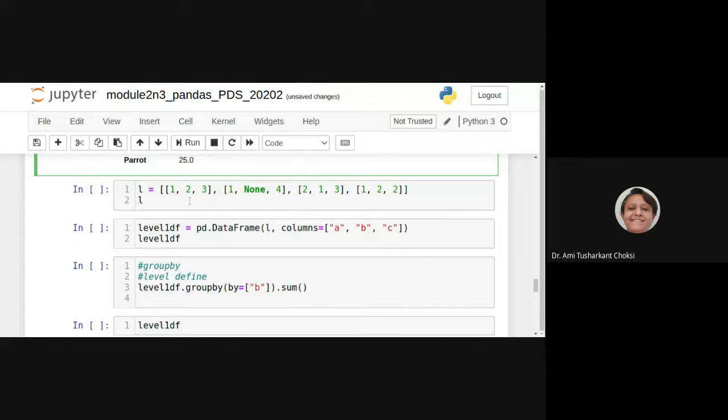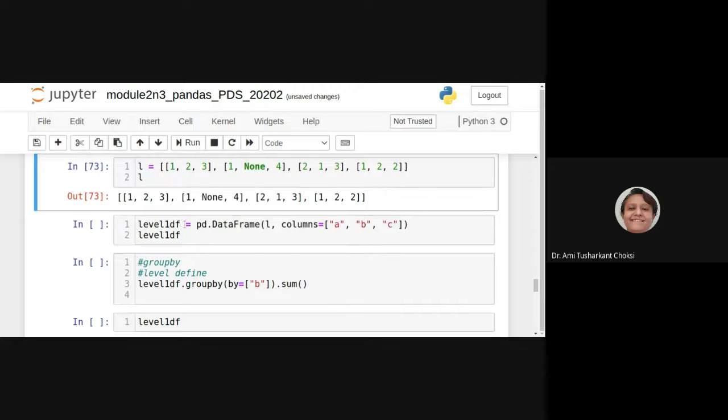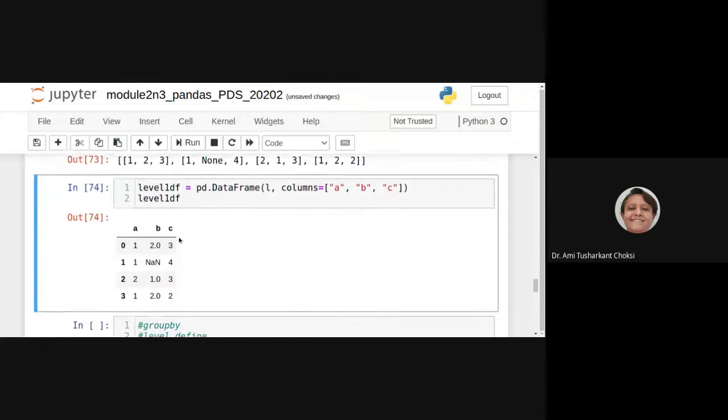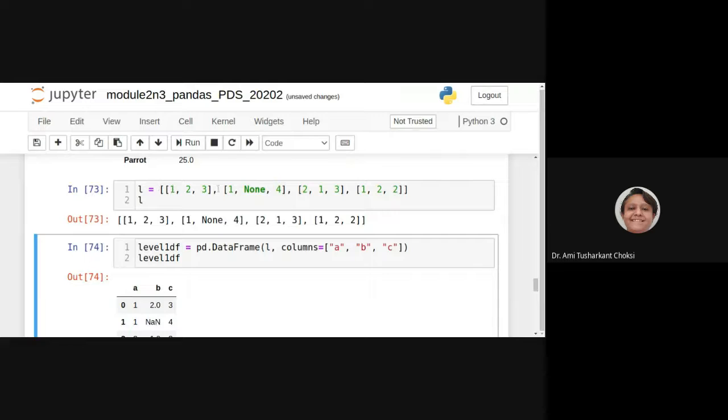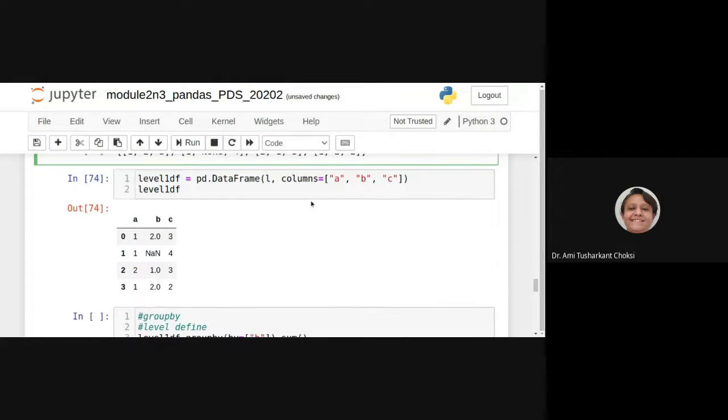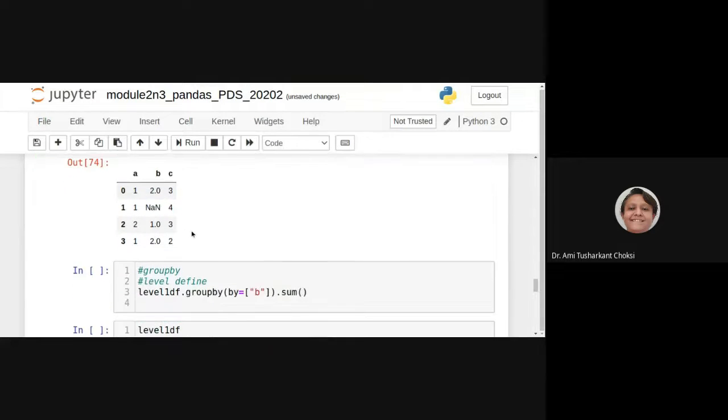Now, what we do? L is equal to a list, we print that. Now for creating the data frame, whatever is this list that we are providing, we are giving the columns as A, B, C, right? So the way the values were given, that way it will take the values for the columns A, B, C, right?